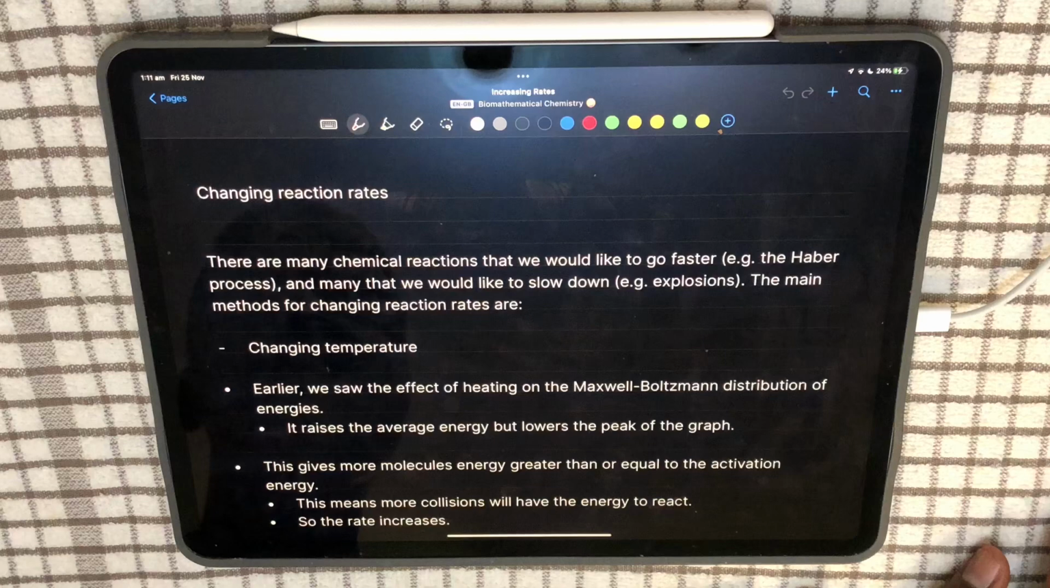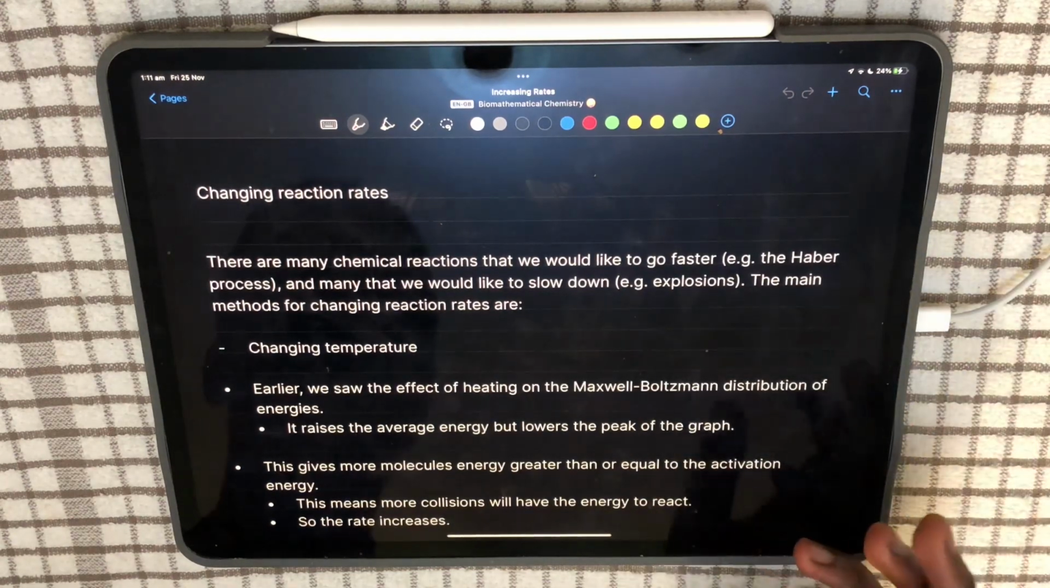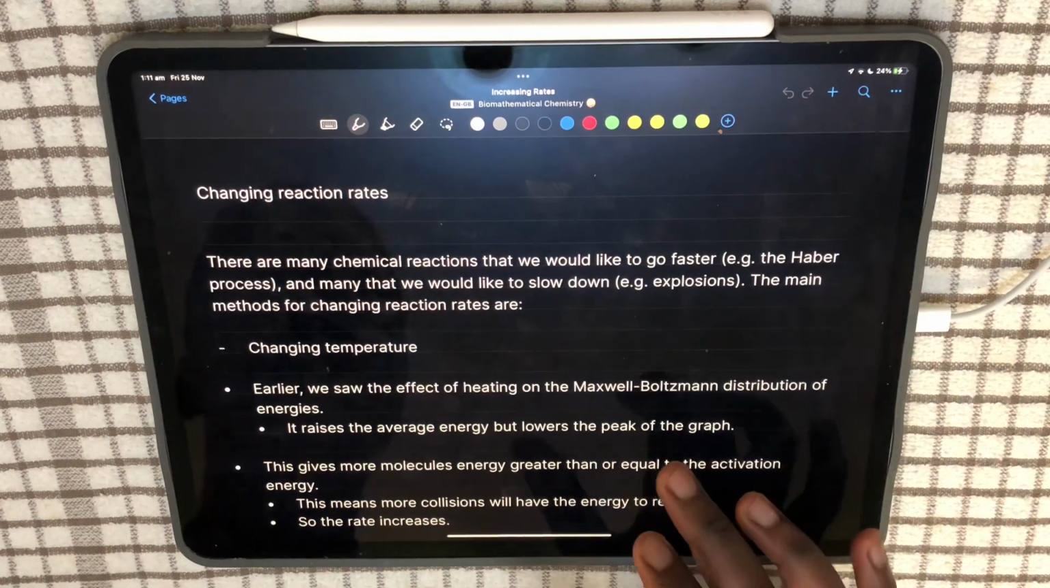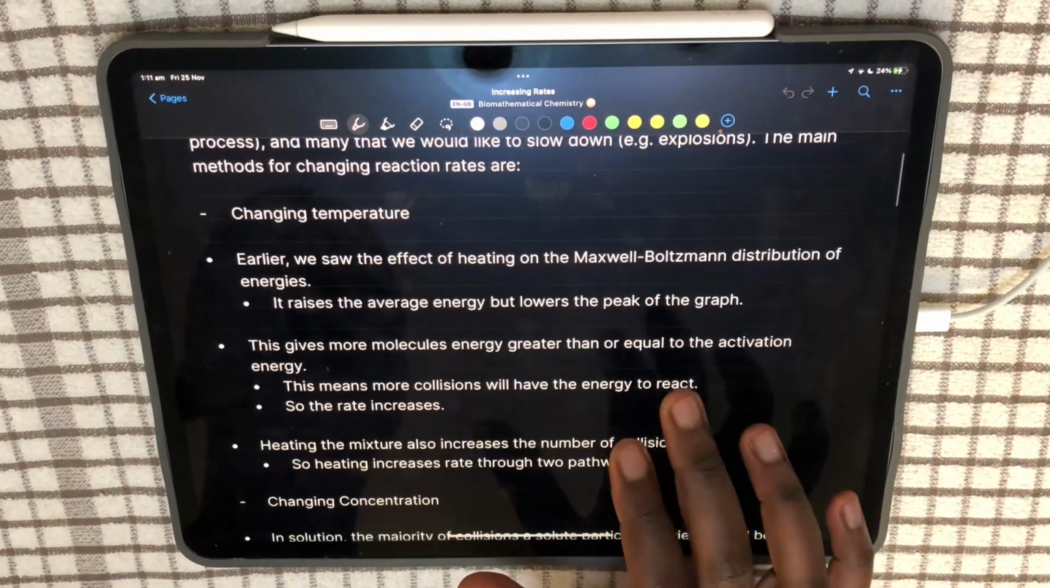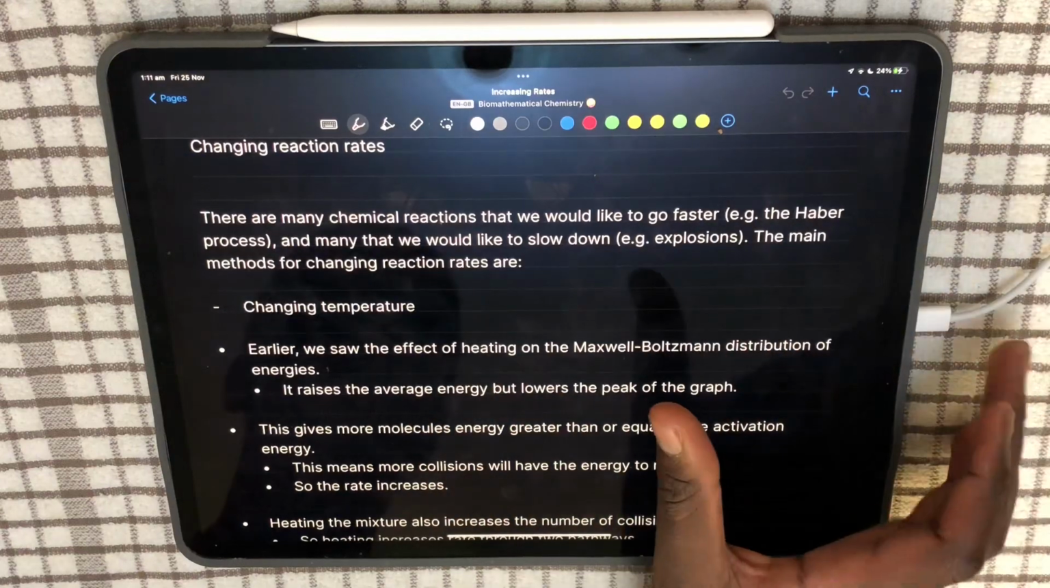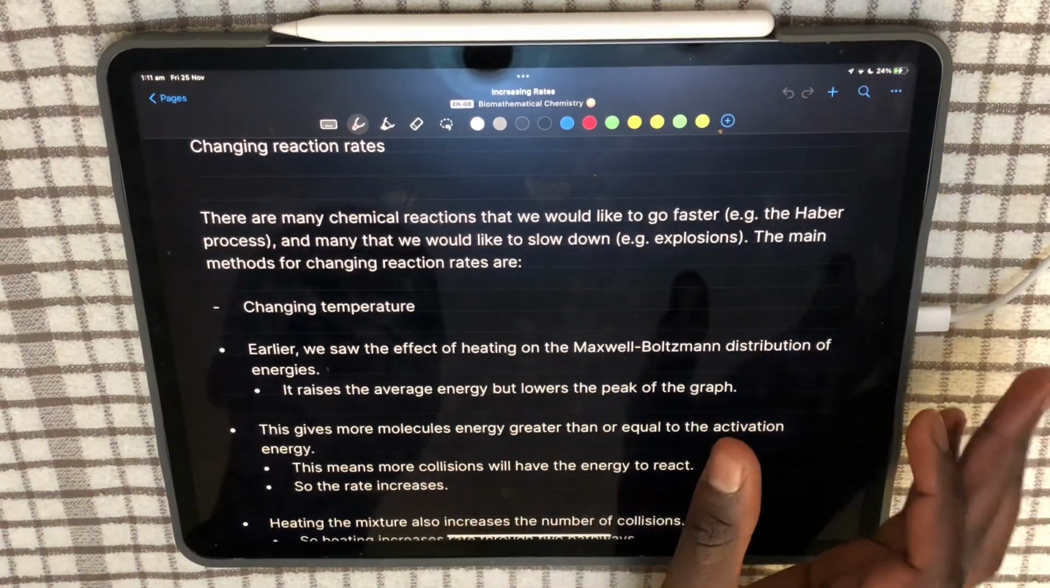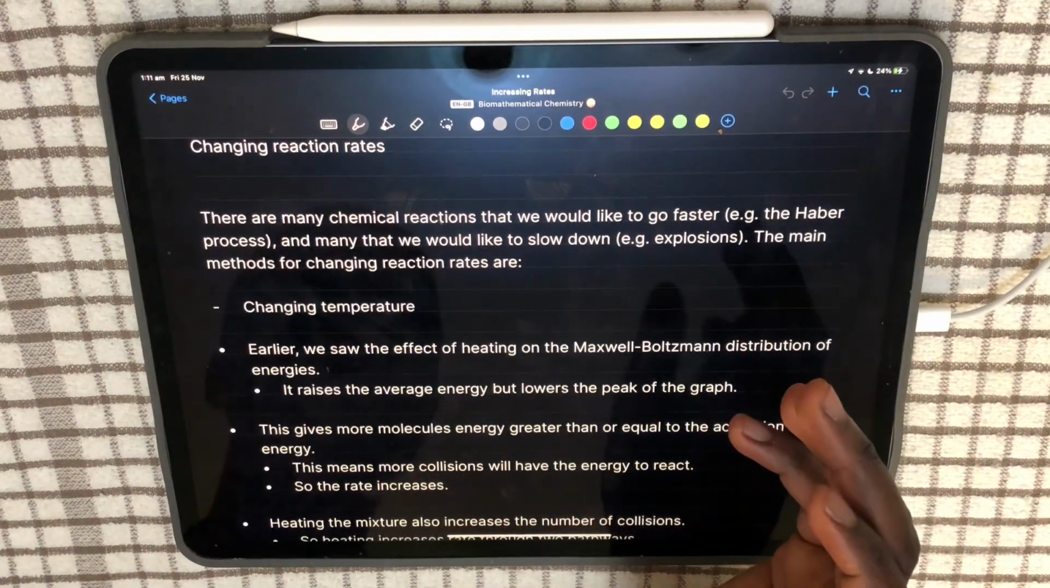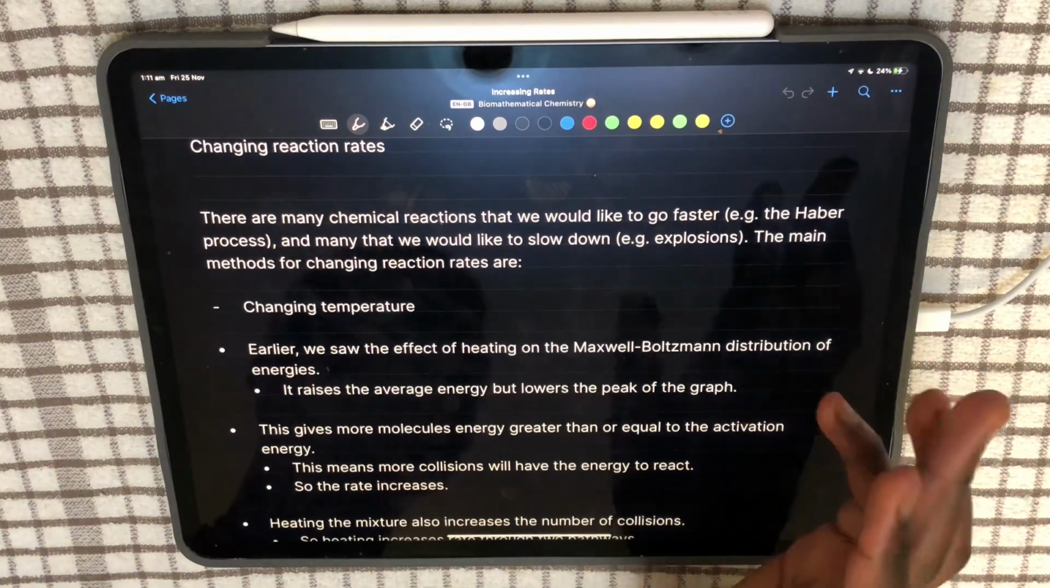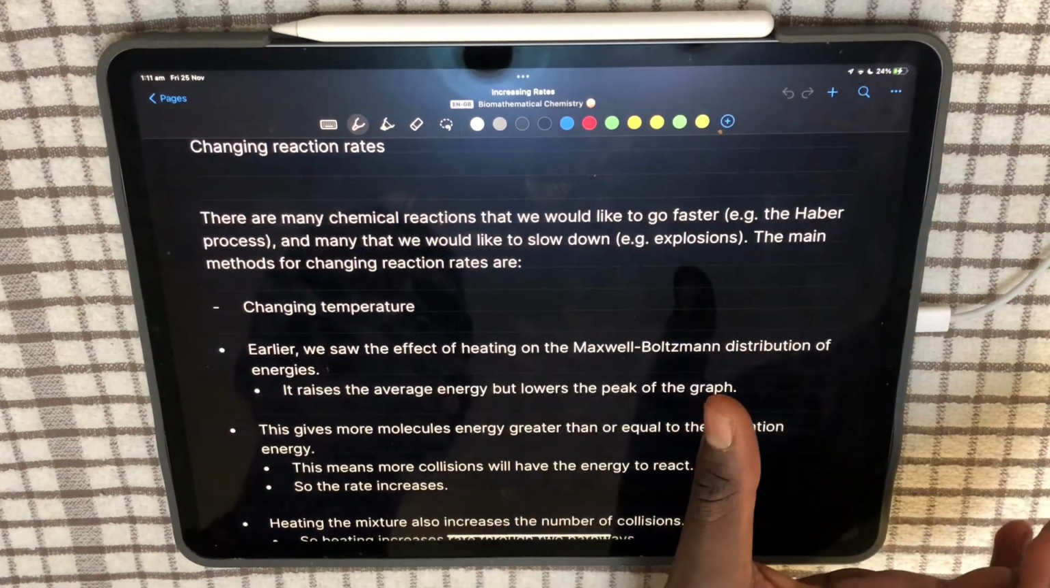There are many chemical reactions that we would like to go faster, for example the Haber process, and many that we would like to go slower, like preventing an explosion. The main methods for changing the reaction rates are changing temperature. So just to clear this part up, when we're looking at the Maxwell-Boltzmann distribution, exothermic and endothermic, that's going to lead on